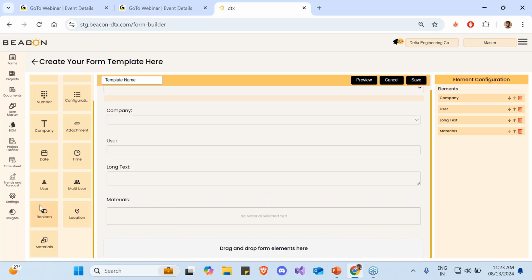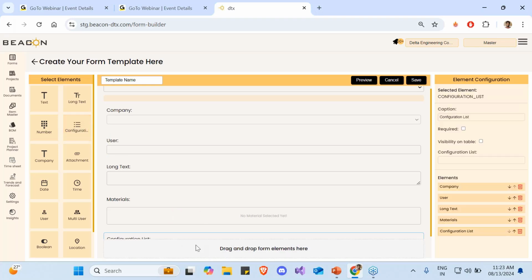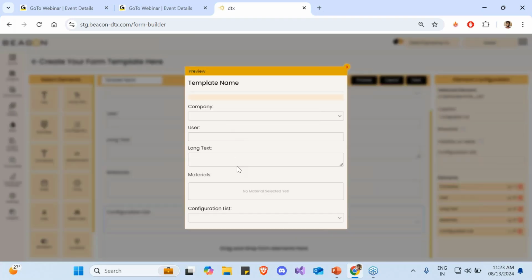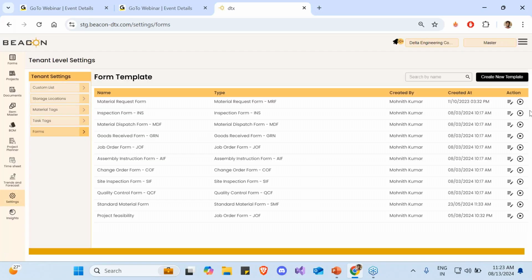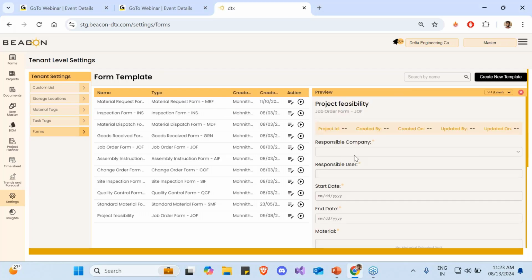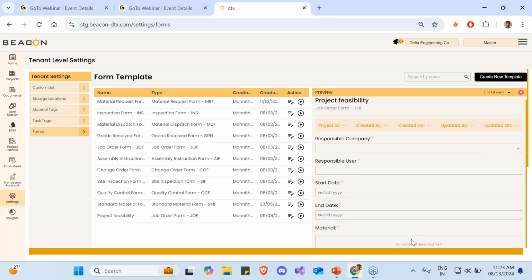And also you can add other inputs, like other formats, date format, yes or no radio button, and a list. If you have a predefined drop down list you want to use, you can add that as well. Once we add that, this is how the form will look, wherein the user can interact and then fill it. Now, let me just show you one of these. If I go to this project feasibility, here I have defined which company I'm working with and which user would be responsible for taking care of this project. What would be the start date, end date for this project? What are the materials that are being considered for this project? So let's start with that.